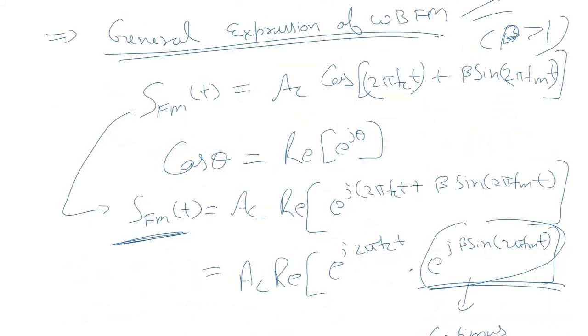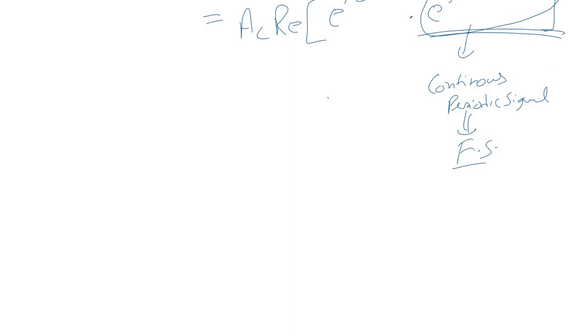If you simplify it further, I'm skipping the intermediate steps because those are not important. The derivation part is not important. The important part is your final expression and how we are going to analyze it. So I'm skipping the intermediate steps and writing down the final expression straight away.